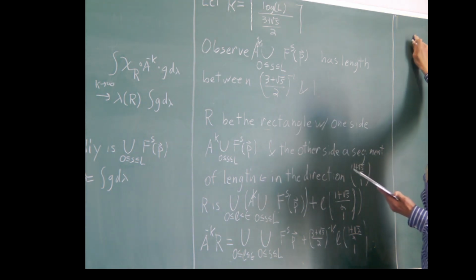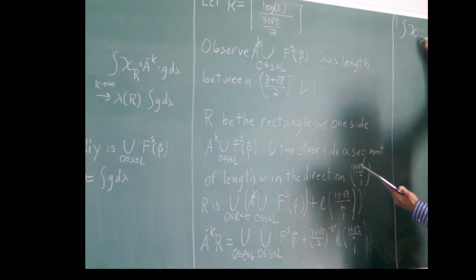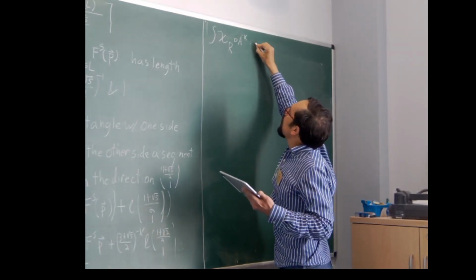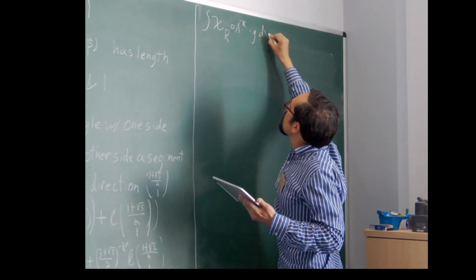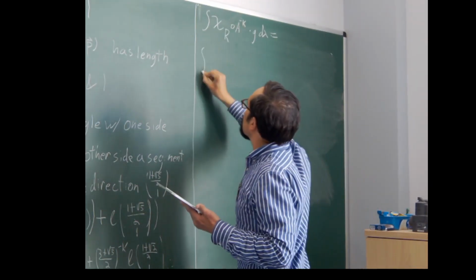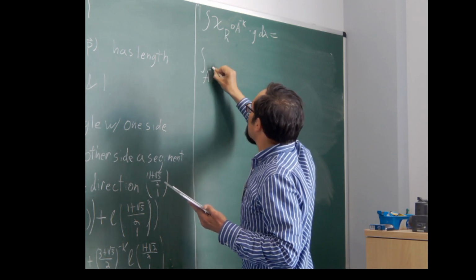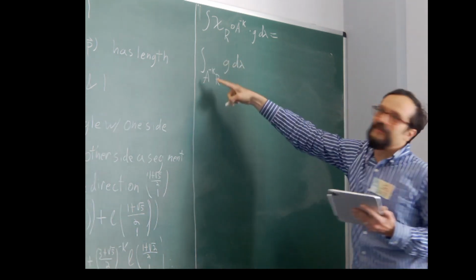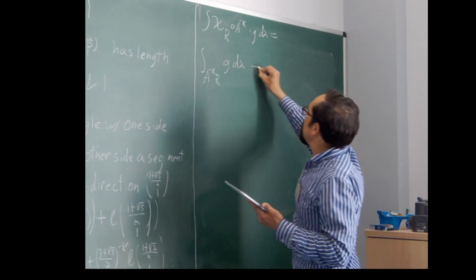Okay, so now what I can do is I can look at the integral of the characteristic function of R composed with A to the minus k times g d lambda. Okay, and what's this going to be? This is going to also be the integral, let's write it this way, the integral over A to the minus k of R of g d lambda. That's kind of what that means. Everyone happy about this? Okay, and by Fubini's theorem,